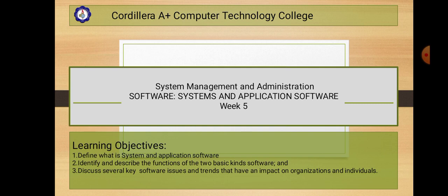Okay, so again, today's topic, we will be discussing the software, system software, and application software. Hindi naman na siguro kayo bago sa kung ano ang software or ano ang application software, kasi nga, dun sa introduction to computer pa lang or dun sa fundamentals of computers ninyo noon nung first year kayo, feeling ko naman na-explain na sa inyo kung ano ang difference ng software tsaka hardware and even application software.